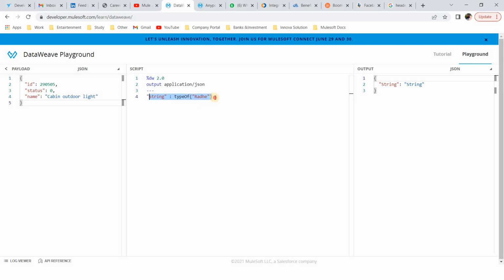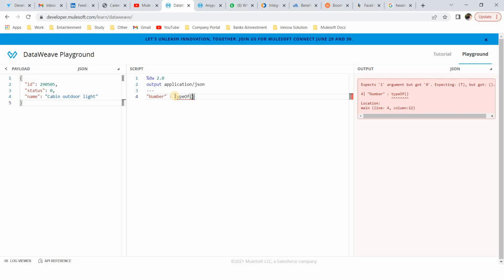Okay, let me show the other one. So then number. You call that particular type of function, and let's say you have defined a number like 1 2 3, whatever. So this is the number type.